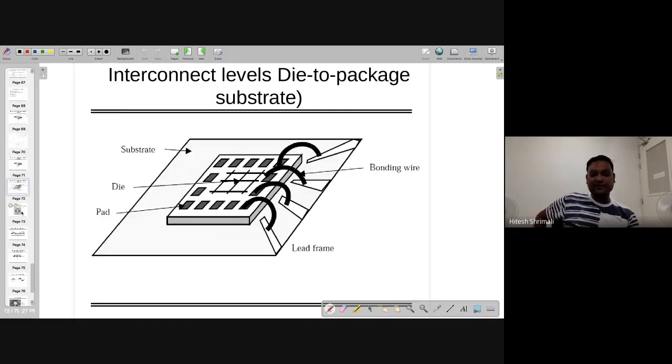The second part is that you are connecting this die to the package to the substrate. As this is the bigger picture, as I have already explained, inside is the core and outside are the IO pads. You can call this also the core, and where it's actually stacked, that is the substrate, and that substrate is the P substrate. So everything is on the P substrate of silicon, and they are connected from the lead frame through bonding wires.